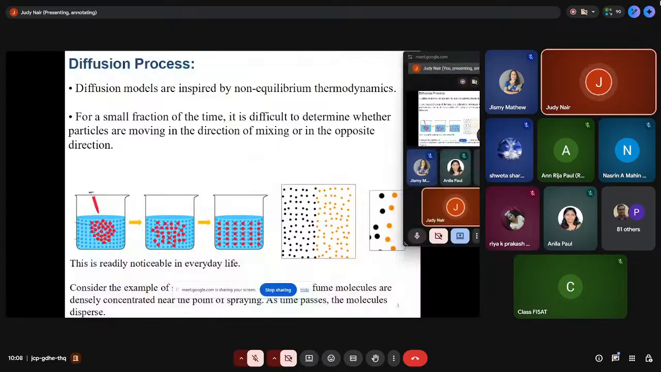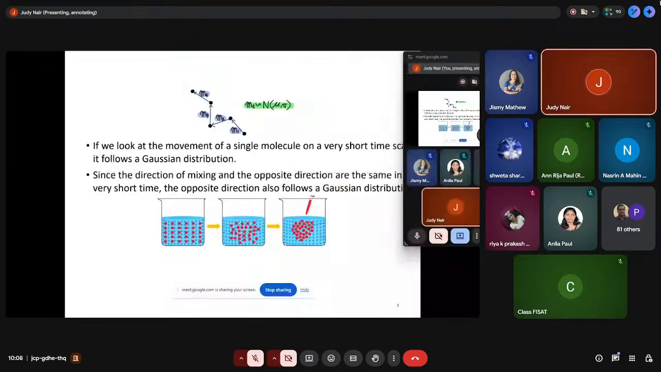Suppose you spray something somewhere and then it disperses as time passes by. What is important is that it automatically does this with respect to time. Now if you see here, there is one property that we are following, very importantly. If you look at the movement of this molecule, whatever is the case,